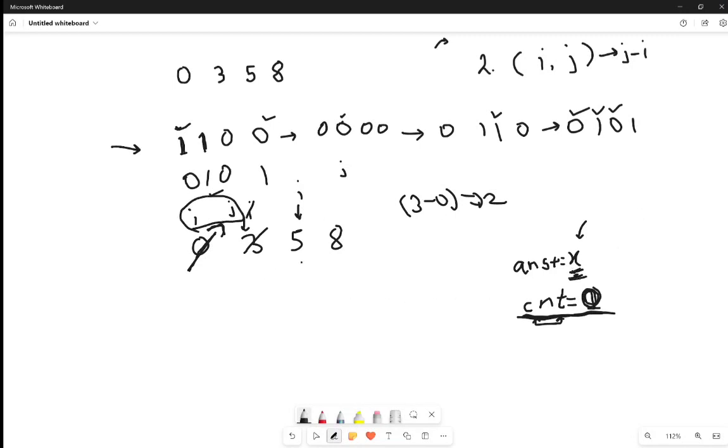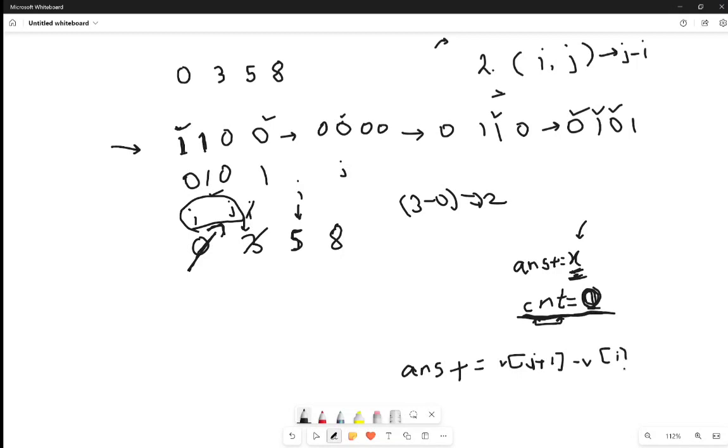Now when I will be pointing to this number, if suppose we have to perform the operation of type 2, then performing operation of type 2 is nothing but the difference between the I plus 1th value and ith value. So here if we perform operation of type 2, then answer will be incremented by v of j or v of I plus 1 minus v of I,